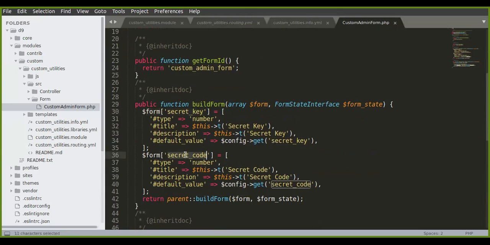For the demo purpose, I have created the two form fields. For example, whenever the user accesses some cases, we need some restriction in the level of secret code and secret key. That kind of scenario, we can go for this. That secret key, as admin, we can configure for our site visitors. Okay, for that purpose, I have created this form.